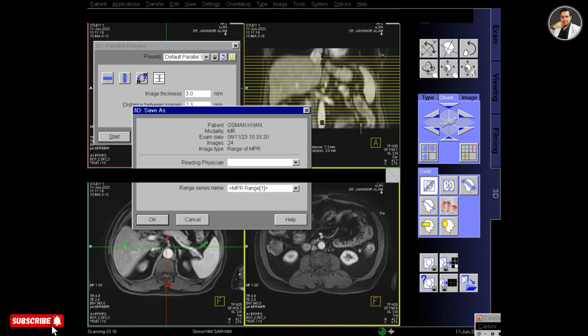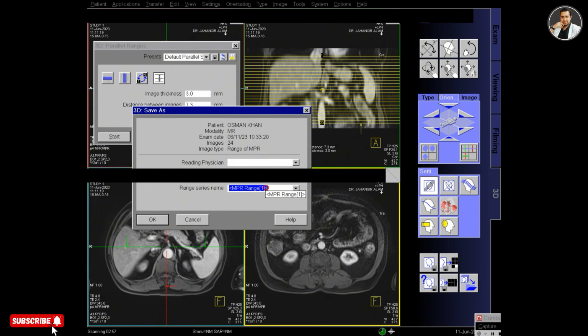And you can use save as, and then enter the comment portal phase and also the reference series or series name portal venous phase.